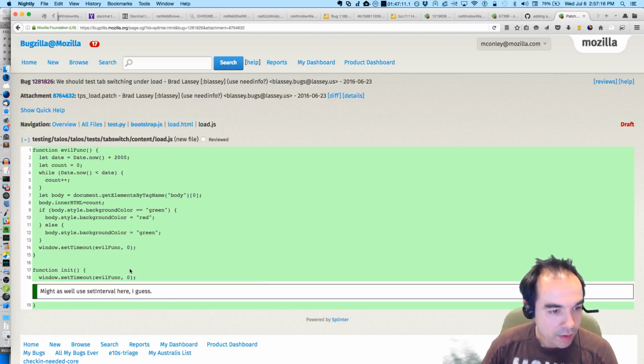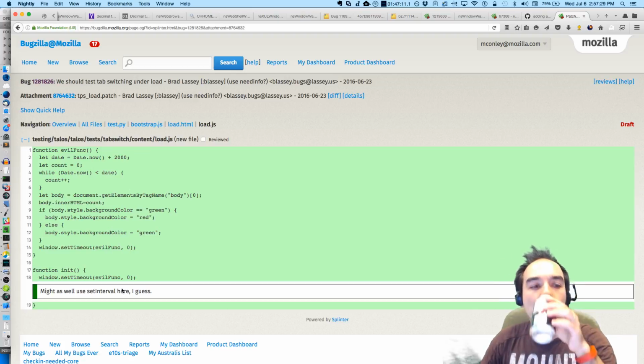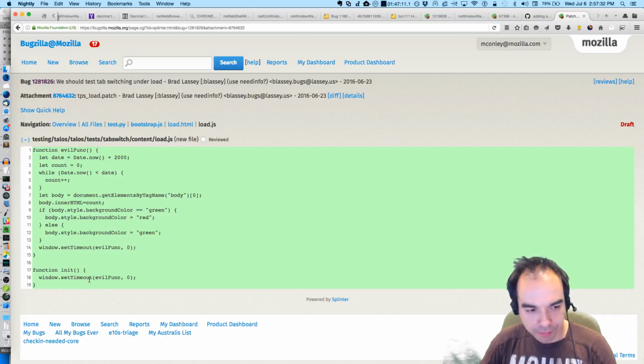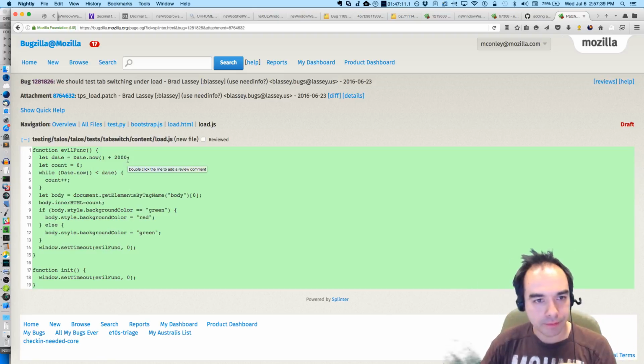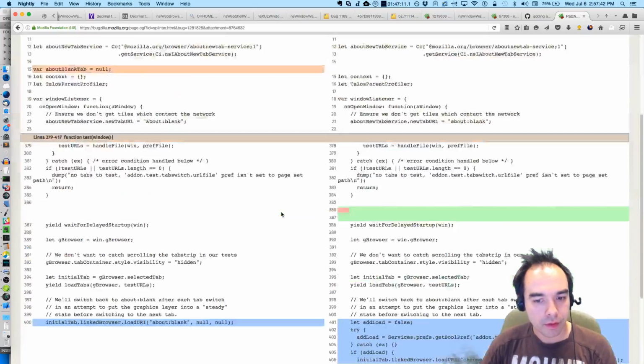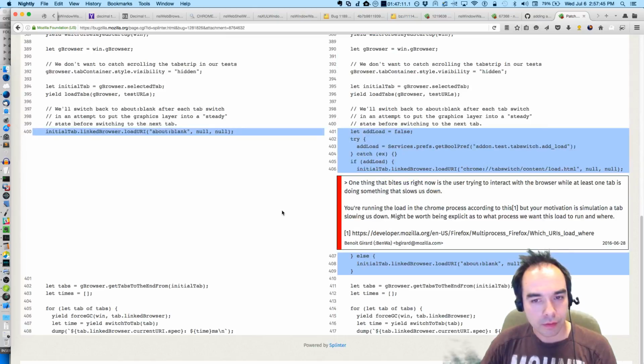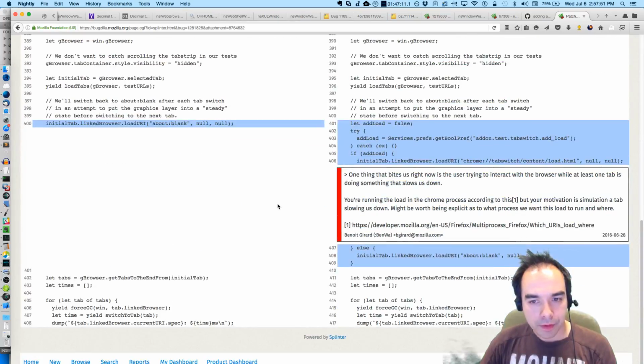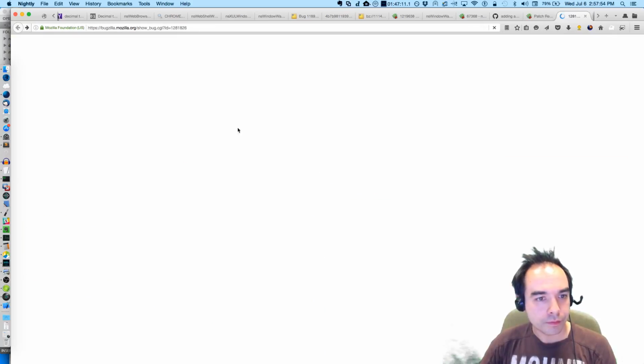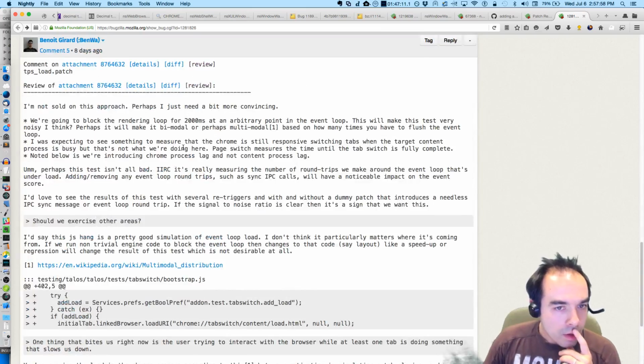Set interval here, I guess. Hang on. Arbitrary point in the event loop. Let's make this very noisy.